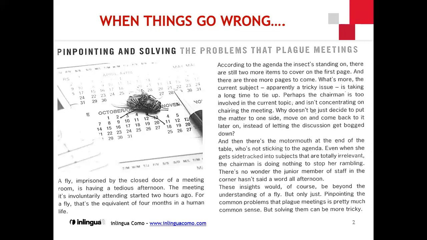Yes, that's just so true. And here are some words from the text that I would like to explain. To get bogged down, second paragraph. What does it mean? What is a bog? Yeah, a bog is a swamp or a place where you have murky water and muddy ground. To be bogged down means to be trapped in a bog and be unable to move in any direction. In this specific case, it means to be stuck in unimportant matters that do not relate to the main purpose of the meeting.